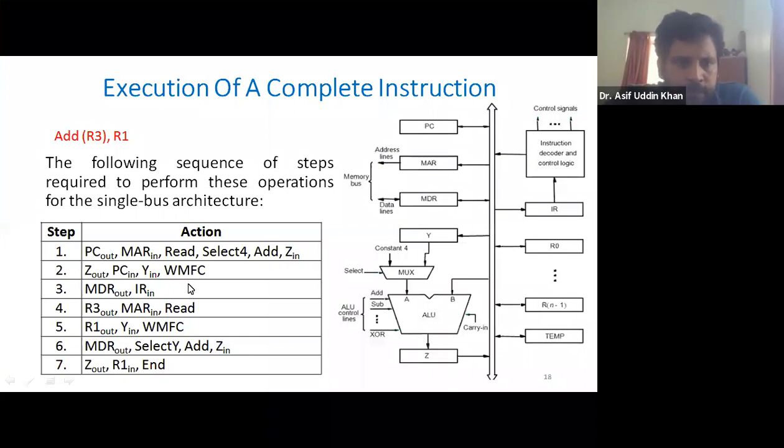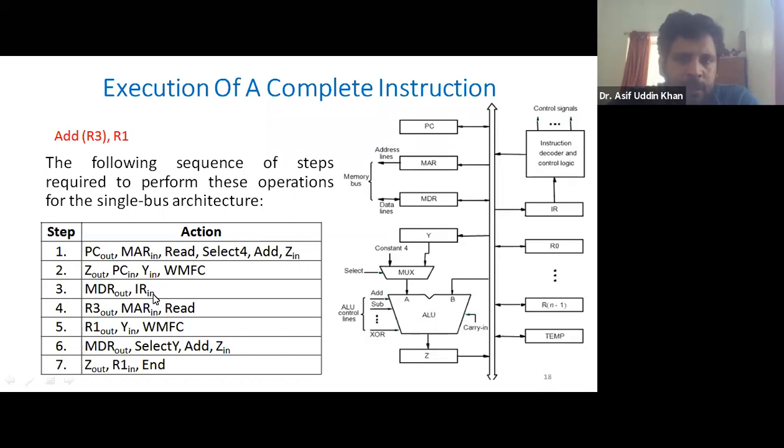So the instruction is fetched from this memory, and that comes to this MDR. From MDR it should go to this common bus, then from this bus it will go to this IR register. If you want to take from MDR, then MDR out should be activated. You can see here MDR out is activated, and after that, the instruction will go from this MDR to this common bus. Then from this common bus it will go to the IR, so IR in must be activated. That's why you see IR in is activated.